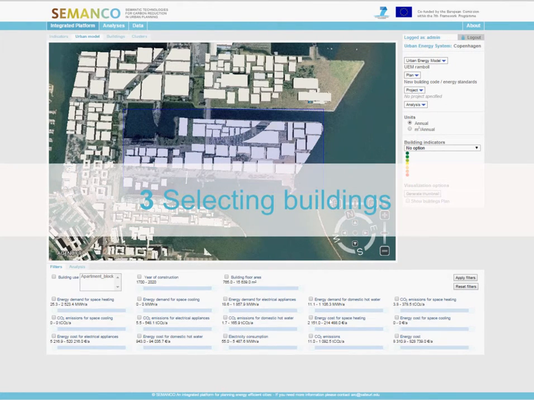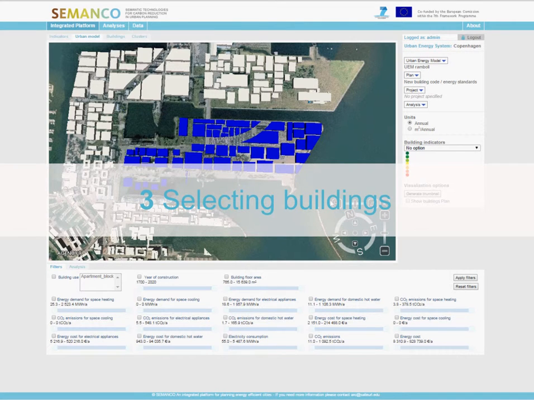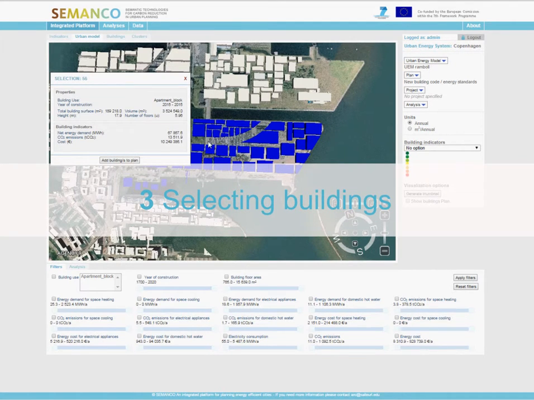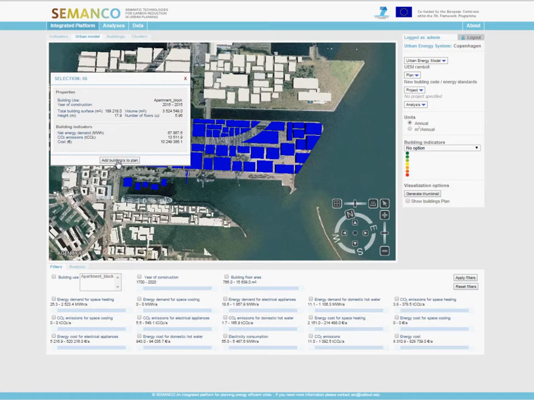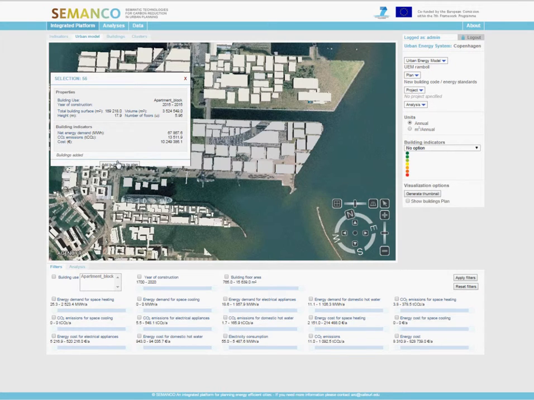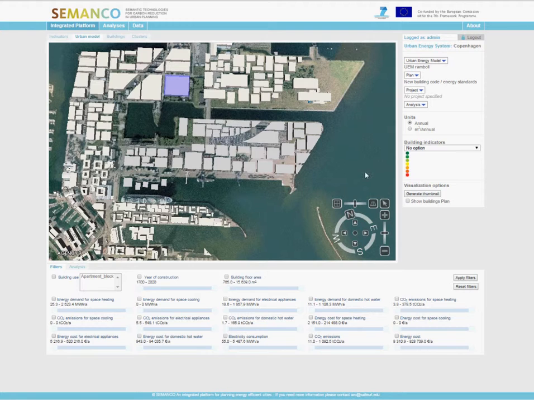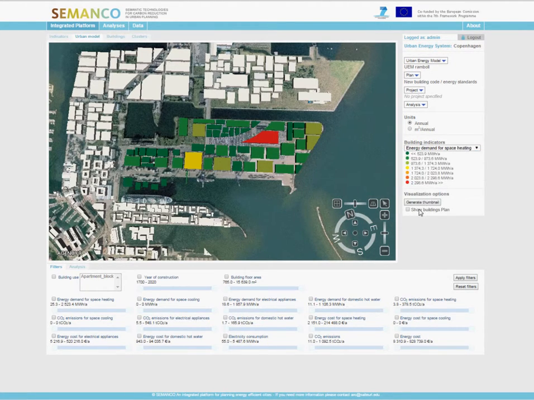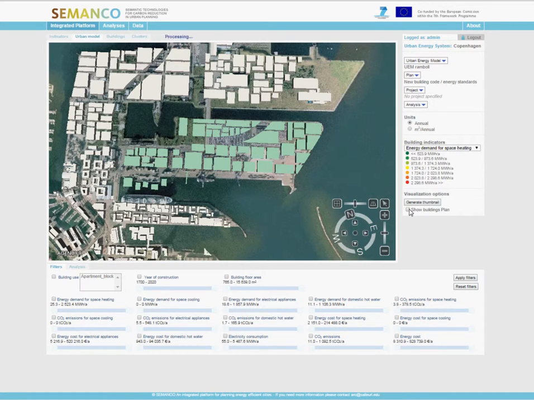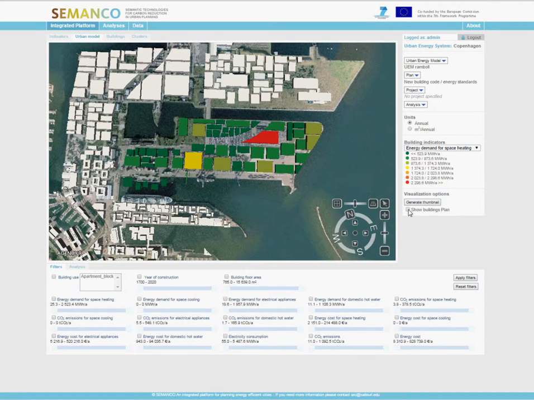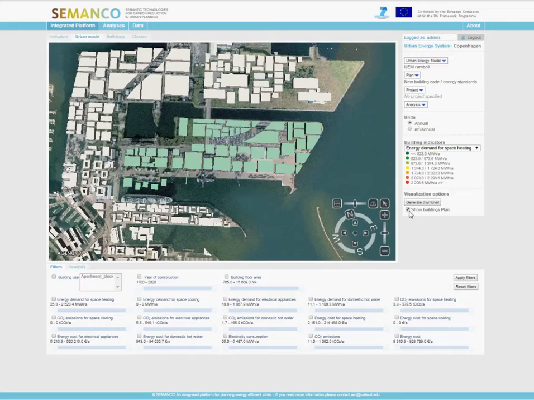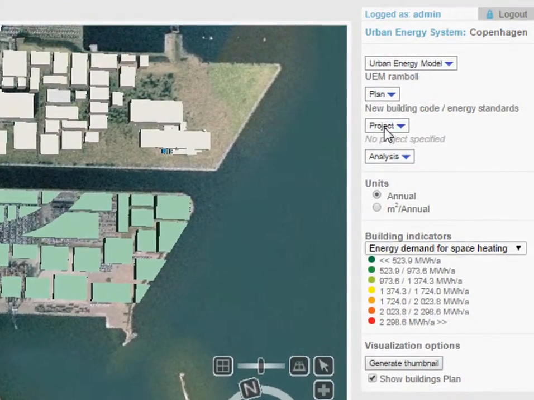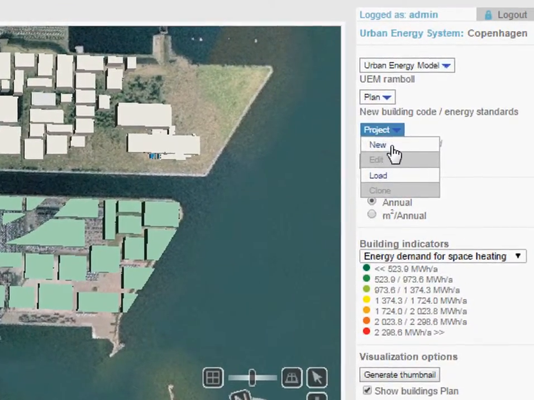The user selects the buildings in a sub-area of North Harbour that he or she wants to analyze as regards the energy standards and adds them to the plan. The buildings selected and added to the plan will be the only ones that will be analyzed further on. This enables the user to perform specific geographically defined analysis of the neighborhoods and districts within the urban development area of North Harbour.